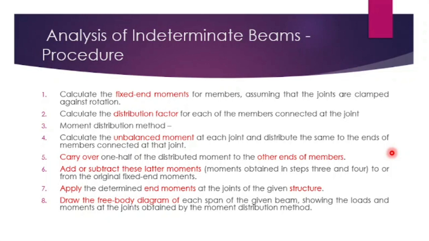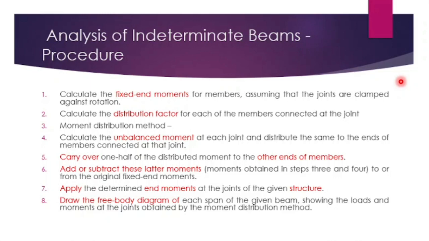A fixed beam carrying a point load exactly at the center, so you will be using WL by 8, and a fixed beam having a point load not acting at the center, that is W A B square divided by L square, and you will be having another formula, W A square B by L square. So these are the 2 formulas, and you will be having a fixed end beam which is having a UDL. In that case, you have to use WL square by 12. If you know these 3 formulas, you can solve multiple number of cases from an exam point of view.